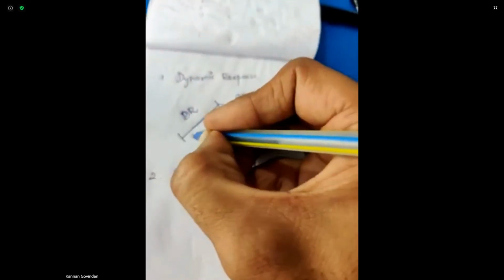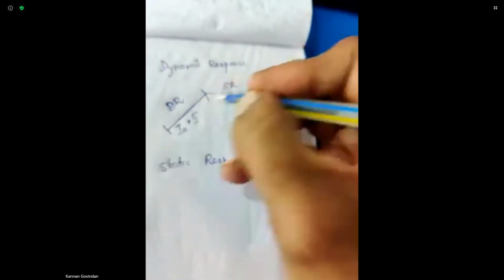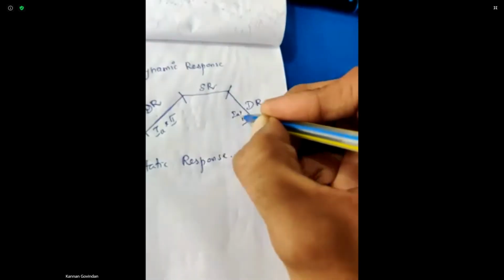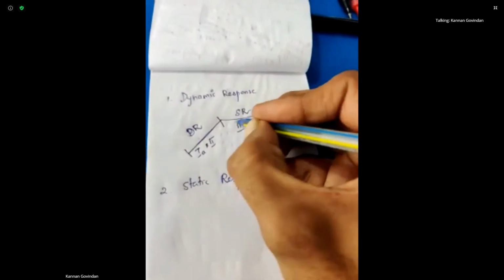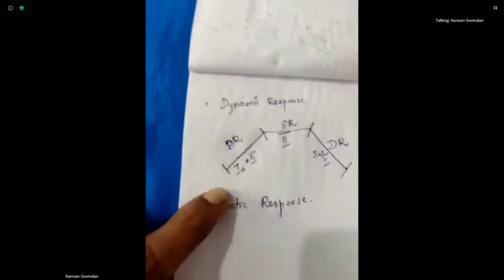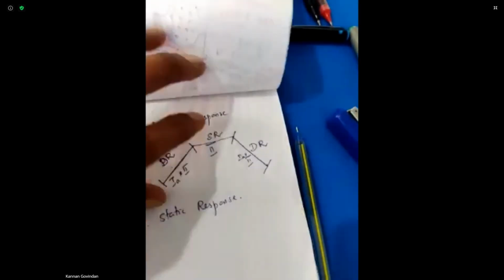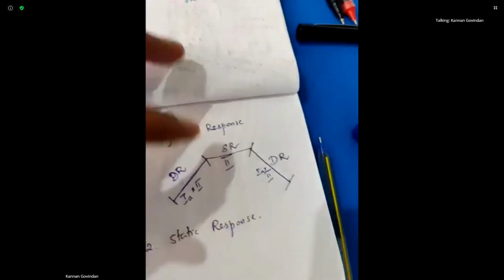The dynamic response is produced by both 1A and type 2 fibers. The static response is given only by stimulation of type 2 fibers. Otherwise, I am repeating again. During the onset and end of contraction, there will be afferent firing in both 1A fibers and type 2 fibers. When the contraction is maintained for a long time, type 1A fibers will not fire. Firing will be there only in type 2 fibers. This is static response. So for dynamic response, you need the activation of both 1A and type 2. For static response, only type 2 fibers will be firing.